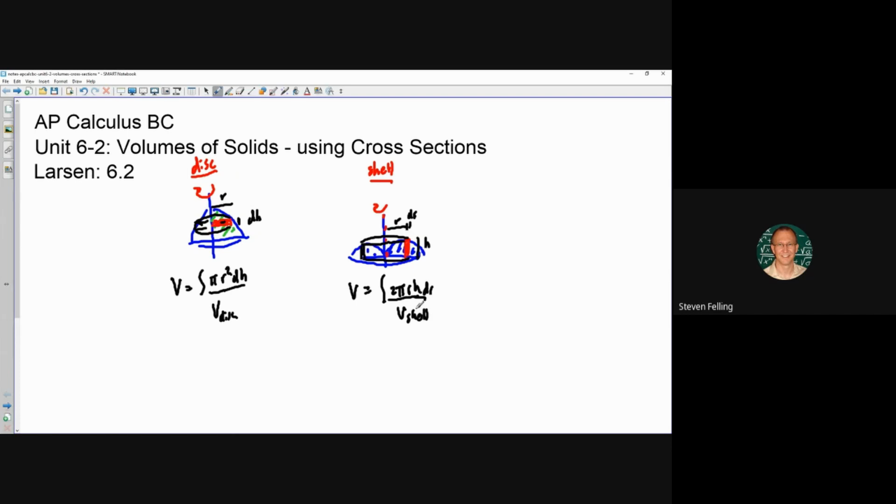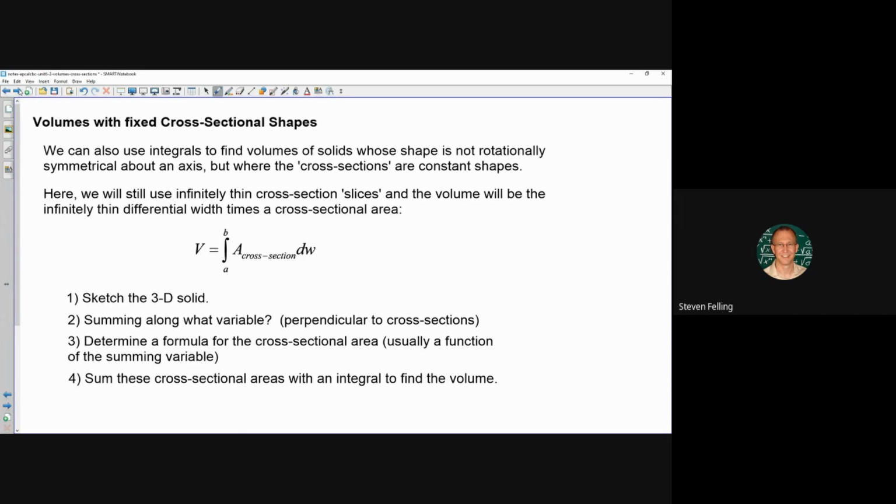So what we're going to do now is branch out and take volumes, which are summations of other sorts of volumes that are not disks and shells, and that allows us to find volumes of a wider variety of shapes. So let's say, for example, that I wanted to find the volume of a pyramid. Let me draw that here in 3 dimensions. If we had a pyramid that looked like this, let's say,